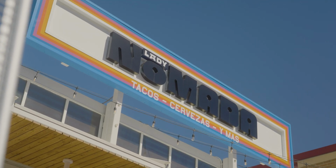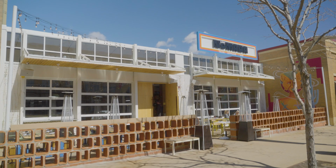Now we're going to head to lunch at one of our favorite Mexican restaurants, Lady Nomada. They have multiple locations across the metro area, and they have some ridiculously amazing carne asada. Let's go. All right, so now we are stopping here at Lady Nomada, which is our favorite Mexican restaurant here